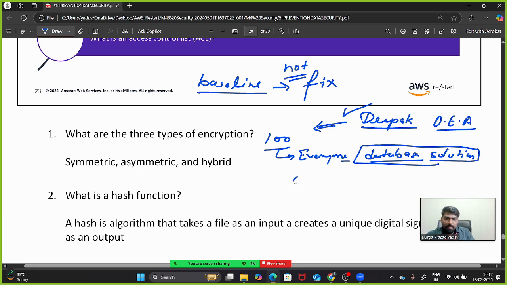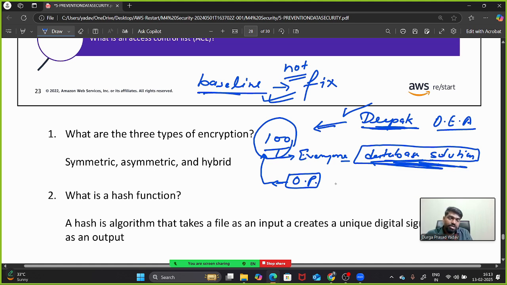Then the operation engineer, one person who is working as operation engineer, will take this responsibility, because he needs to give these 100 systems where the database solution should be there. In almost all the systems, the database solution should be there, right? Who gave this? The admin has given, these are all my requirements. So now what will be the baseline? Your baseline will become this database solution.